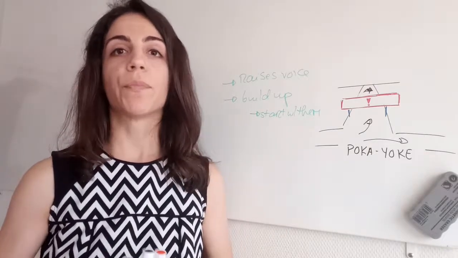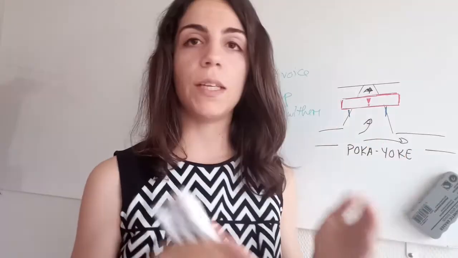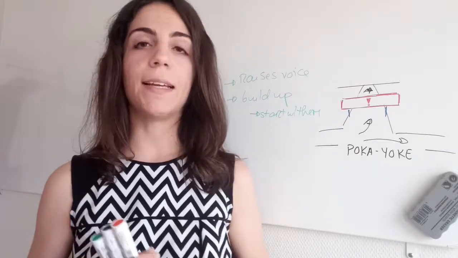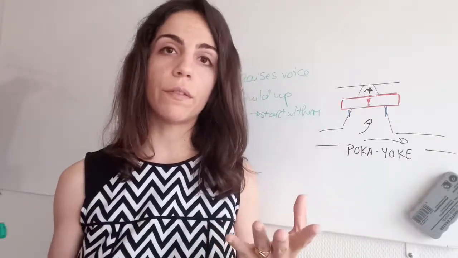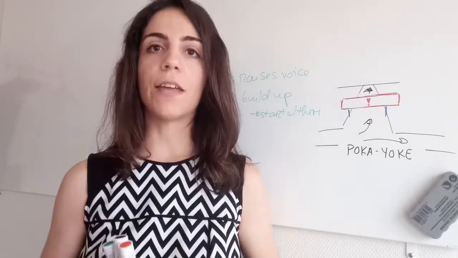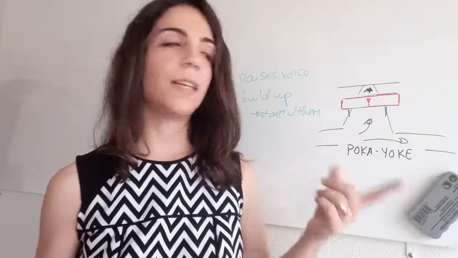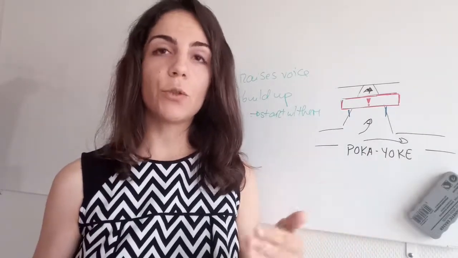So for example, let's say that you have different communication channels. Some people use email, some people use Slack, some people use other platforms to communicate, and your communication is scattered over all of these things. And you've decided together that you are only going to use Slack. So what is one of the things that you can do as a Poka Yoke to ensure that people communicate